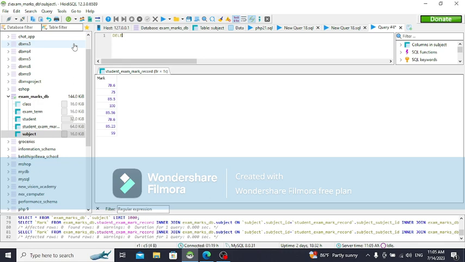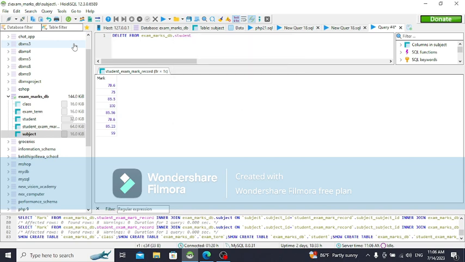Delete from marks db, the database name, dot student. So we're going to use student data